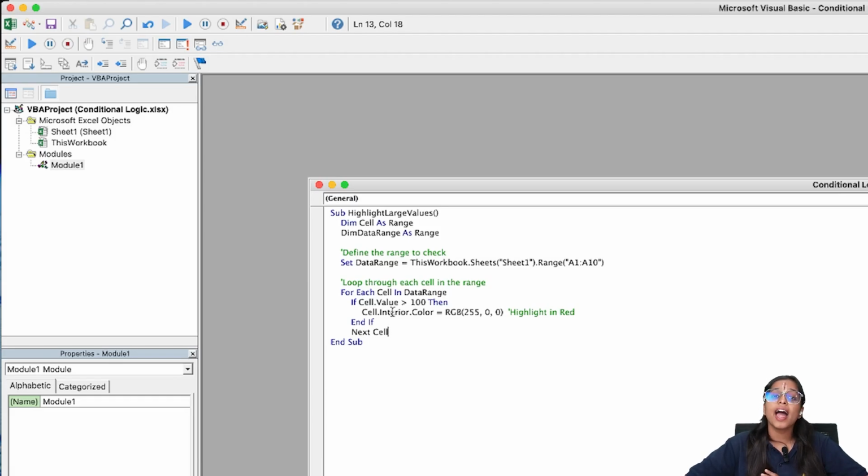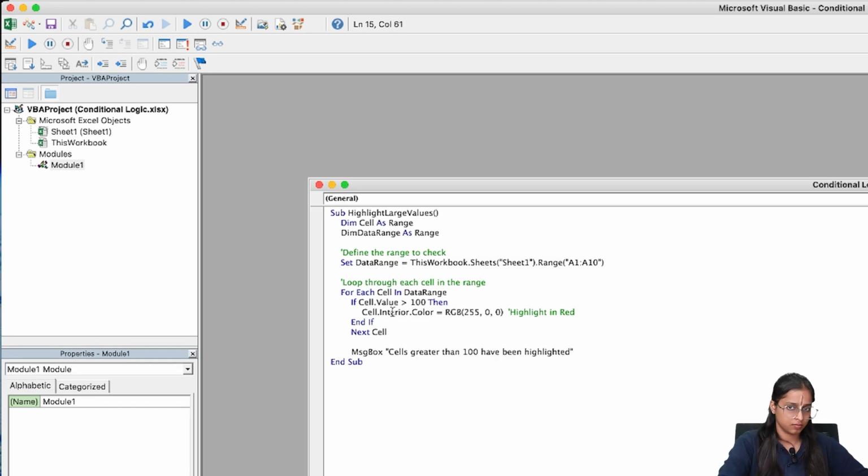Now I'll add a message box saying that cells greater than 100 have been highlighted. This will show me whether the command has been executed or not. Then End Sub.